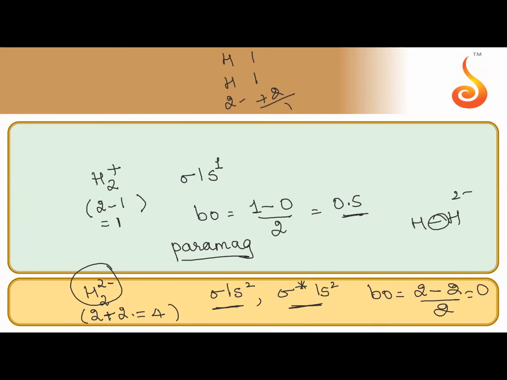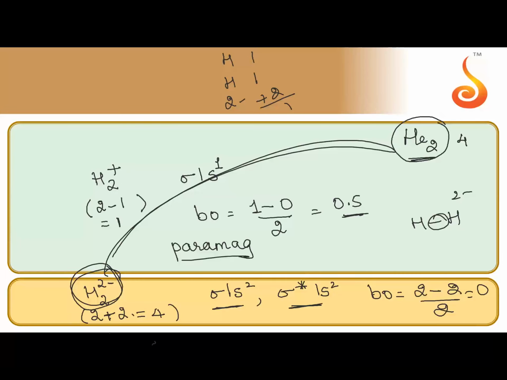We have done some compounds in PU level in first year. If you remember properly, in comparison, or in general knowledge, you can tell, like helium, you know, right? Helium is a noble gas. So the helium 2 molecule will have bond order 0. Now the helium 2 molecule has 4 electrons. You can compare here. H2 2 minus also has 4 electrons. So this and this bond order will be the same. Of course, when you have few electrons, it is very easy to write and do it.